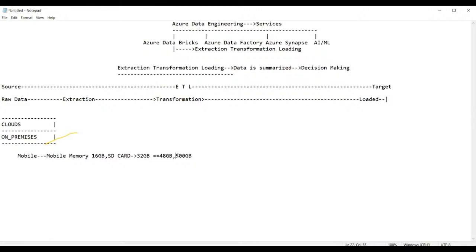Tell me now. OneDrive or Google Drive, you will put. Very good. So that means you will now take the support of Google Drive. Am I right? Google Drive. But the problem is that Google provides you only 15 GB of memory by default. But now you have to store 500 GB, not 15 GB. So now what do you have to do?